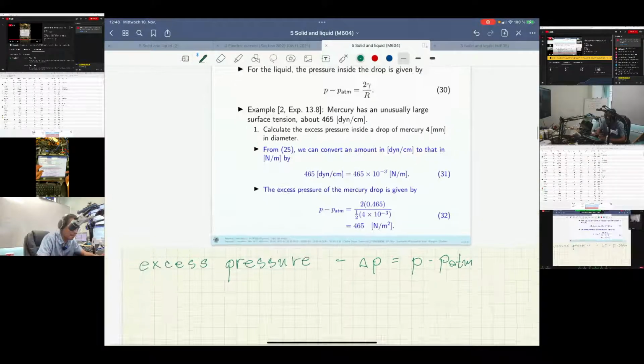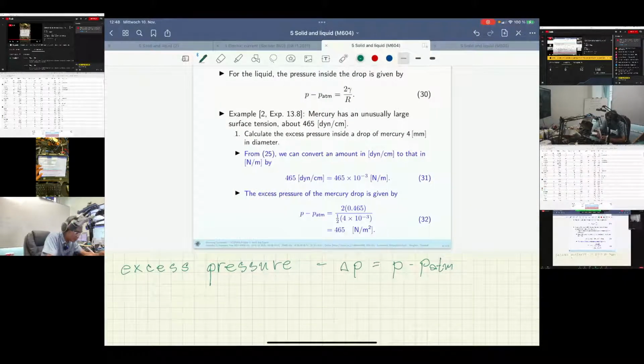Yeah, the formula we are going to use is delta P equals 2 gamma by R, right? And what we need to find is the following: